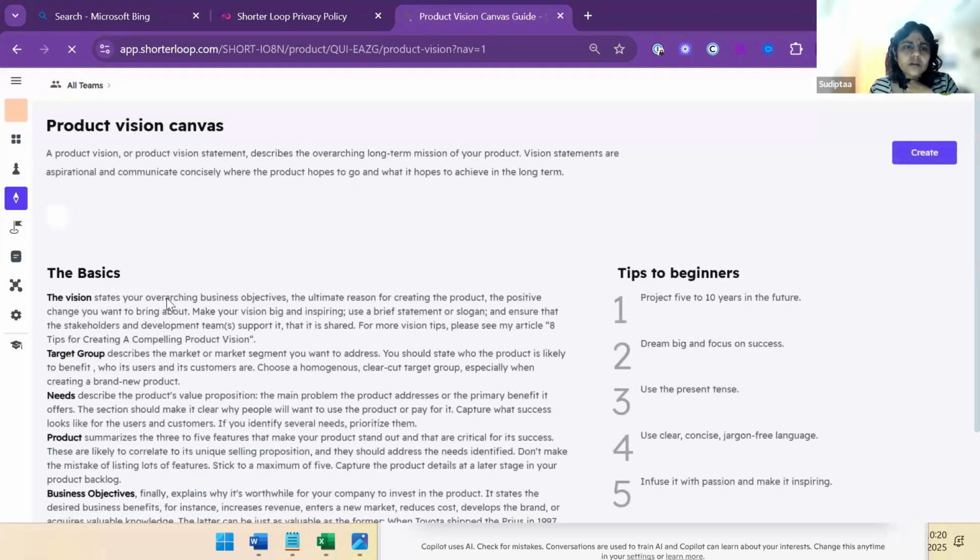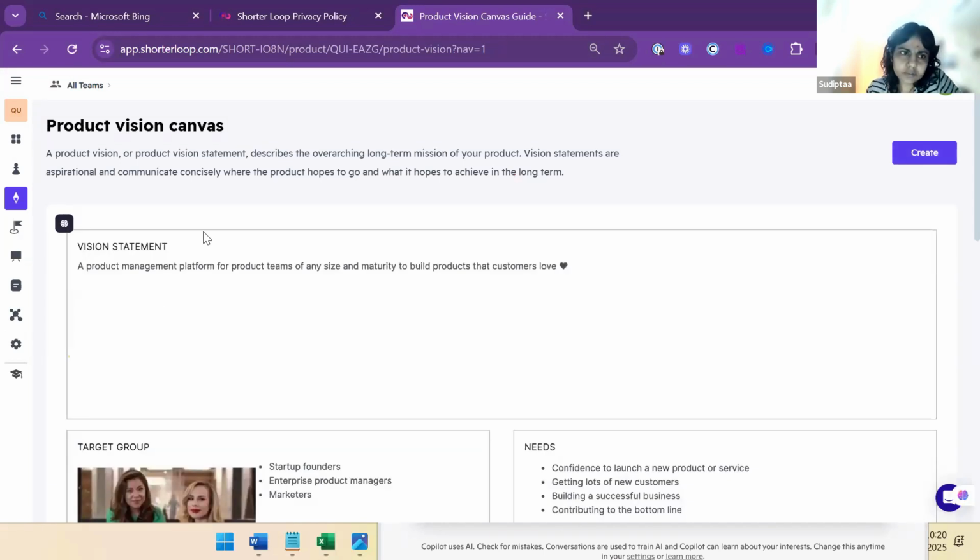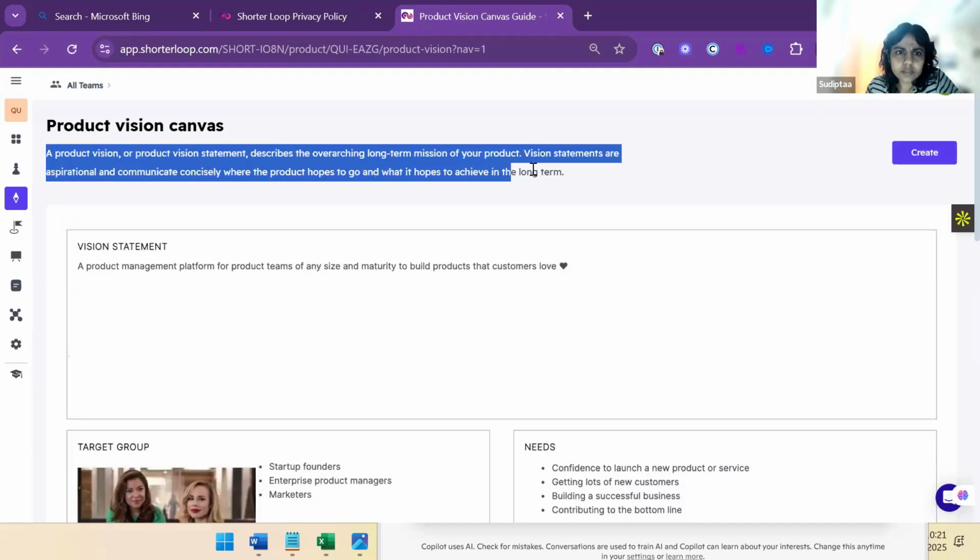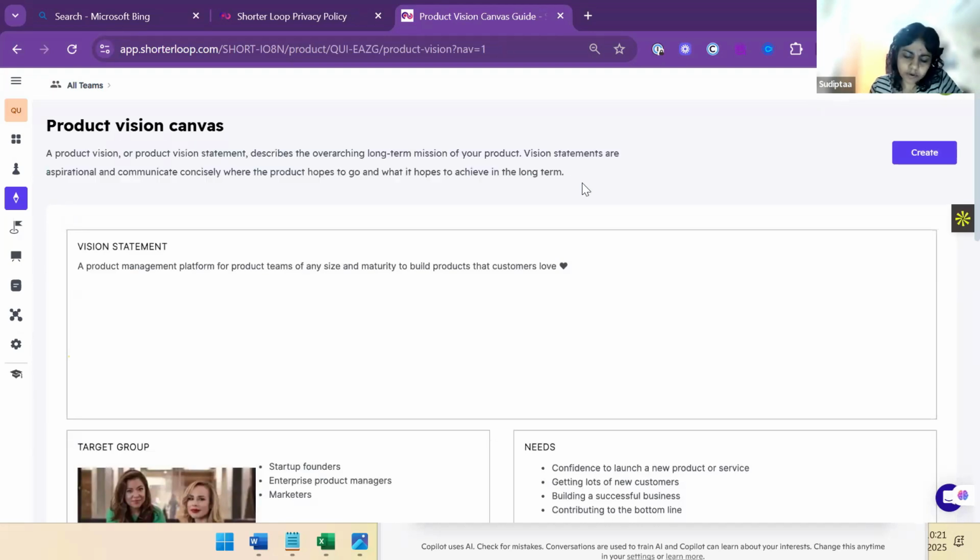So you come to the product vision canvas. It's a simple representation that describes the mission of your product. As a product manager, you need to always come first thing first: what is that product trying to do? What is the product's long term mission? Every product solves a problem, and that's why customers buy. A customer doesn't really care what technology you are using, but how easily you are solving the problem, and how you are using less of their time. That is the motto of a customer. So in this case, what is your mission as a product manager?